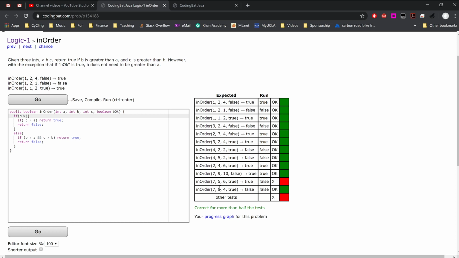Hold on a moment. So this is saying c is less than 7. It's true. However, with the exception of bOkay is true, it does not need to be greater than a. Oh, I misunderstood the question. Okay, so